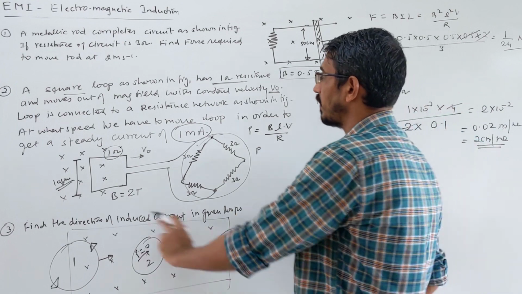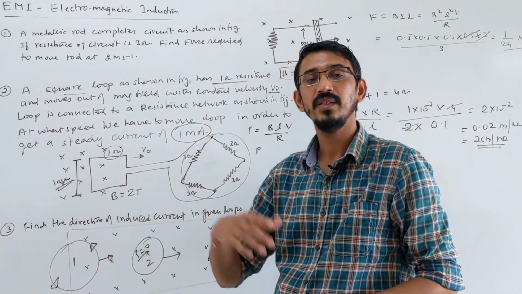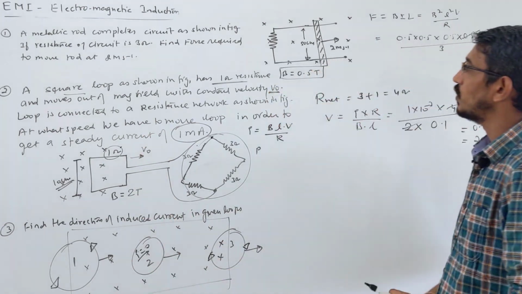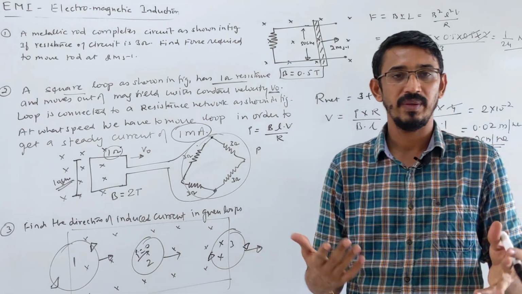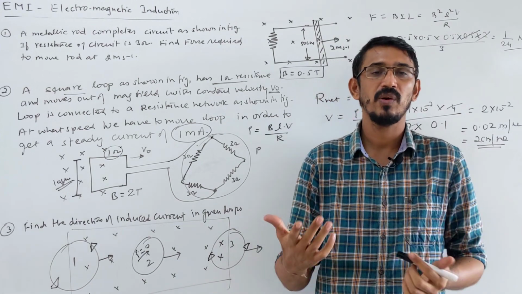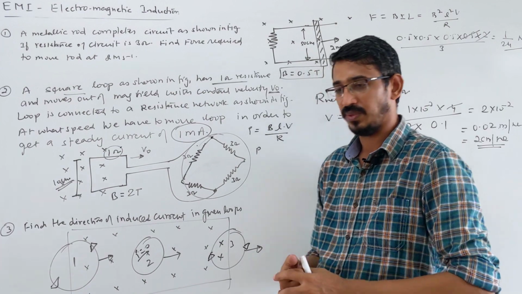So this example was not based on this recent topic. It was based on Lenz's law. Keep that in mind. After this, I will discuss some more examples where we write the formula BLV, the EMF induced due to motion of a conductor. I will talk about examples like an airplane, then a train, and the human body. This example I will discuss with you.